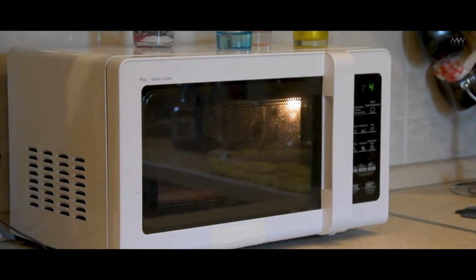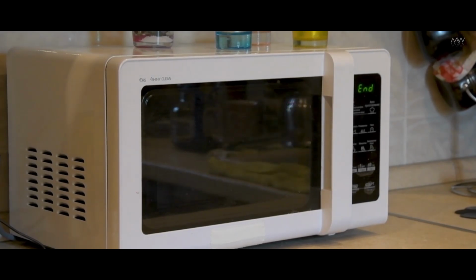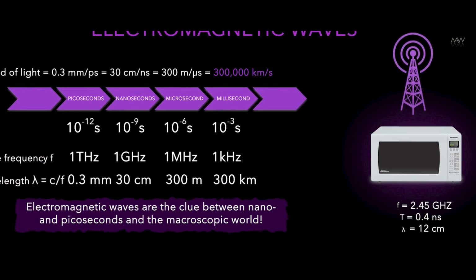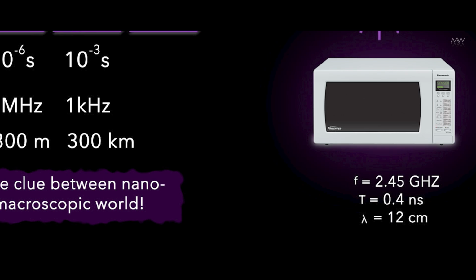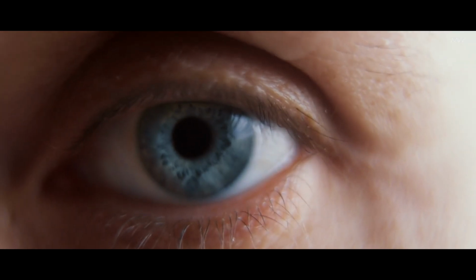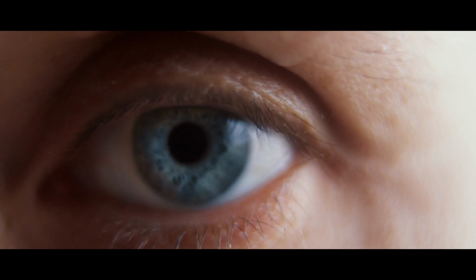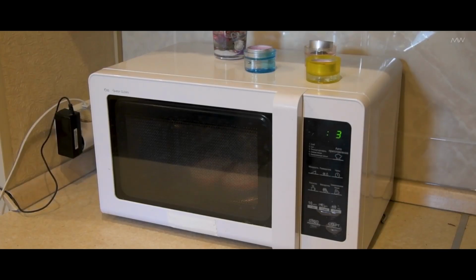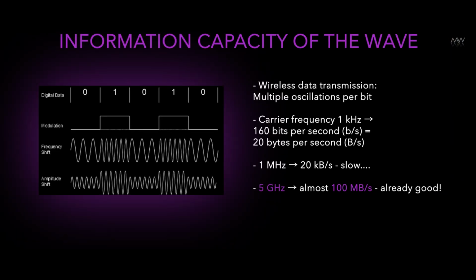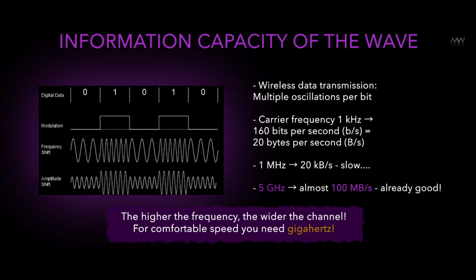For example, a microwave also has a standing wave, an electromagnetic wave. It has a standard frequency of 2.45 gigahertz. The wavelength is 12 centimeters. So when you heat something in the microwave, of course you don't see these radio waves, but they are there. And so they have this wavelength right here. So they stand there and they oscillate. Basically, because of their tremendous speed, light and any electromagnetic waves allow us to bridge the gap between picoseconds and nanoseconds and the everyday scale of distance.